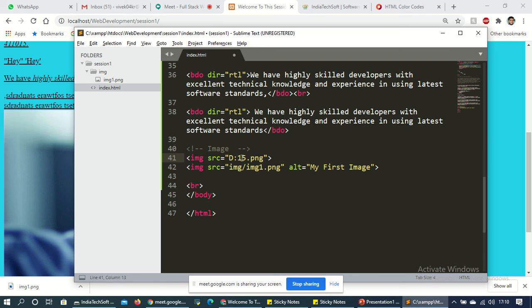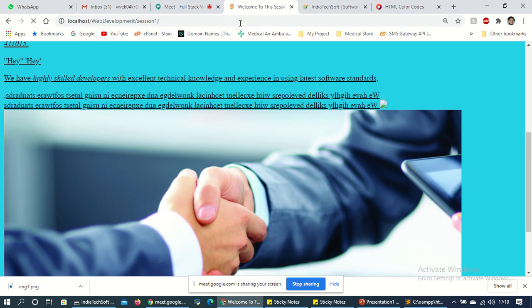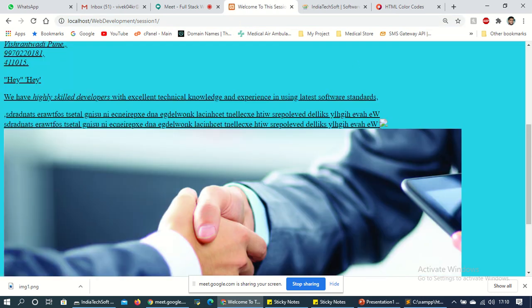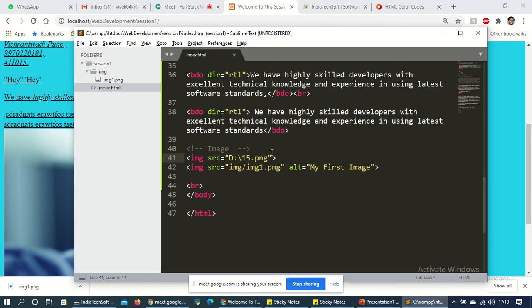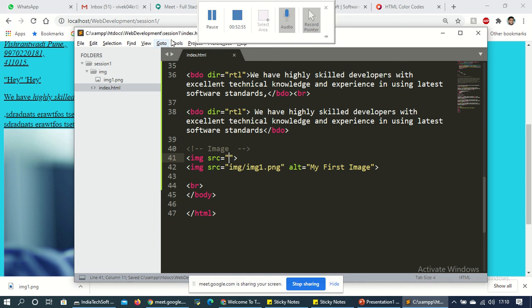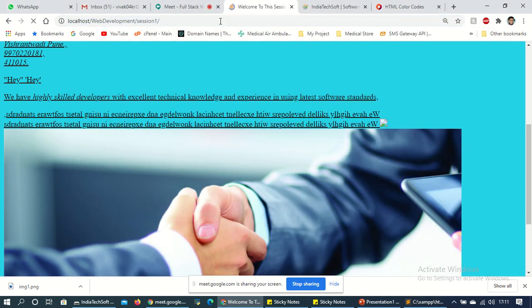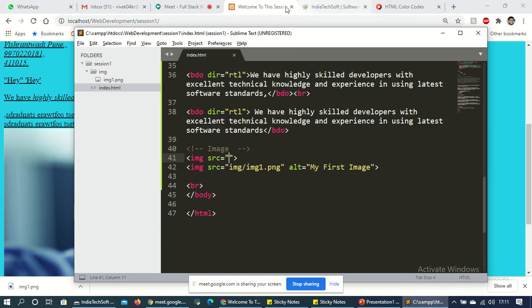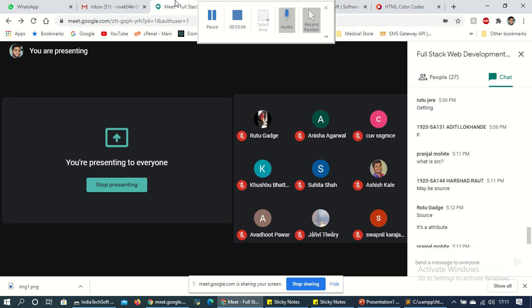If I give it like this, then no. But this is for the img folder. If you remove this one from here, you will still get that imgsrc file. So this is the URL for how to apply an image.